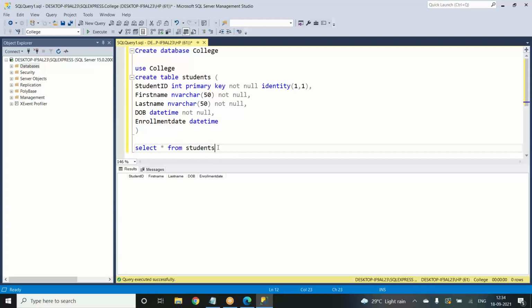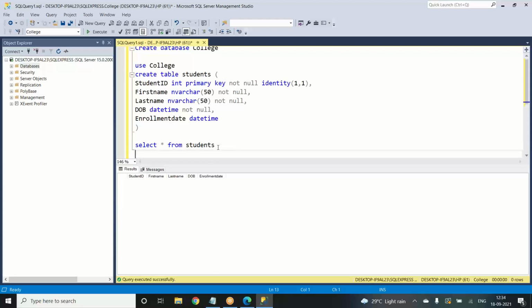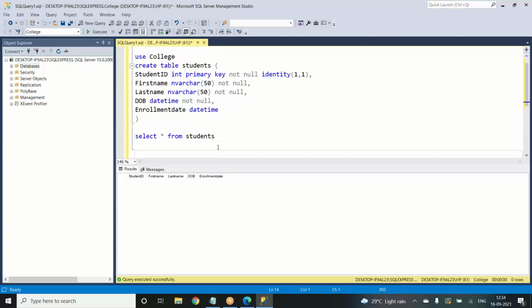After that, let's try to put in some values in that particular students table.